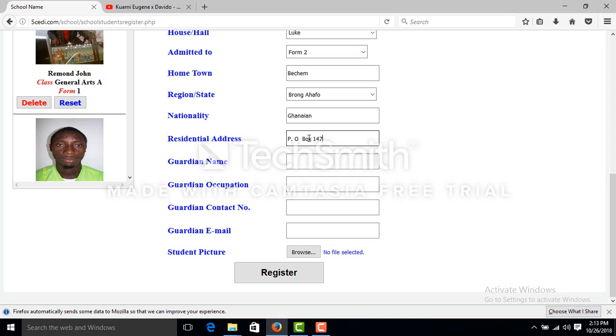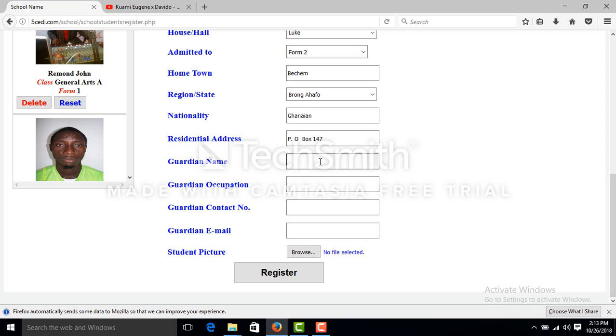But in the demo, we are making it residential address. On the completed software, it is there as digital address, so the digital address of the student will be posted there. If the student does not have a digital address or doesn't know it, it will be there as none. As time goes on and he gets a digital address on their own, he can come to the administrator for editing. The administrator will change the none from there